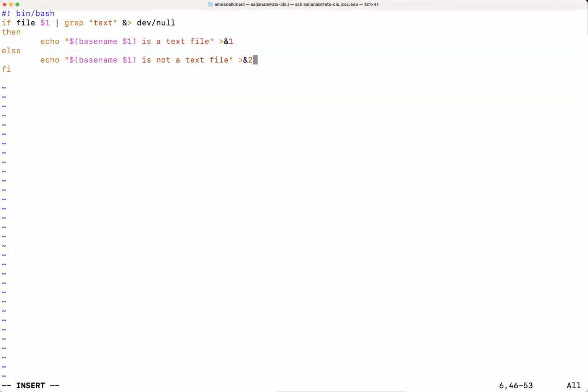One of them if there is a problem, and one of them if there are no problems. But you should know that if the command in the if statement was executed with an exit status of 0, that implies that this message will be sent to the standard output, which is the screen. But if the command was executed with an exit status of 1 or any other number that's not 0, that simply means the message is going to be sent to the standard error.